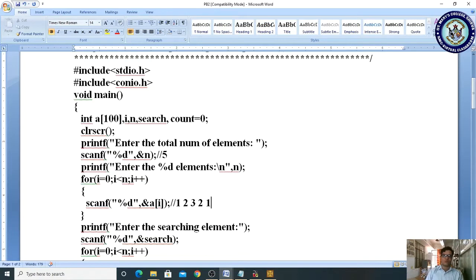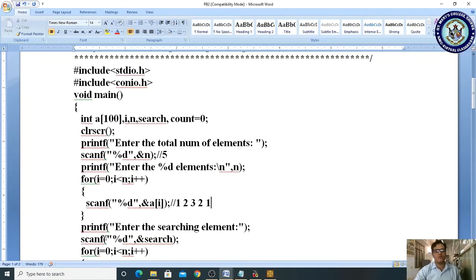If you observe here, 1 is present in the a[0] location as well as the a[4] location, and 2 is present in the a[1] location and the a[3] location. So it is duplicated, right? We have to print those duplicated location values also.